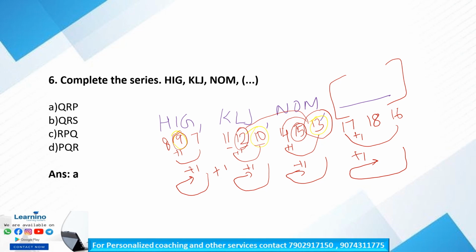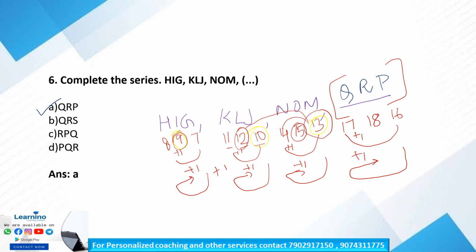What is the corresponding alphabet of 17? It is Q. What is the 18th alphabet? It is R. And what is the 16th alphabet? It is P. So our answer is option A, Q, R, P. Is it clear? So the pattern followed here is the complete plus 1 number series, that is 7,